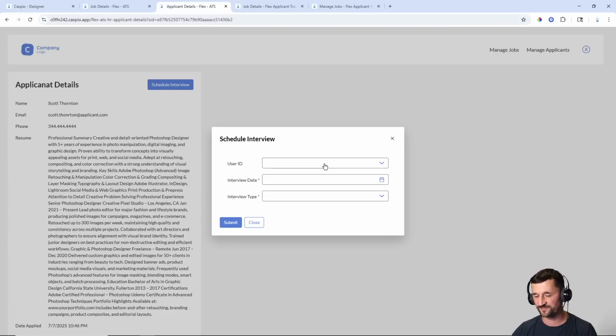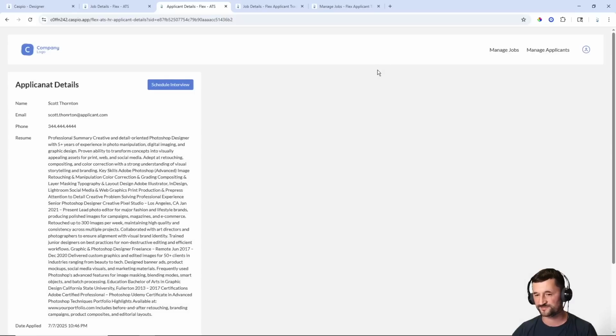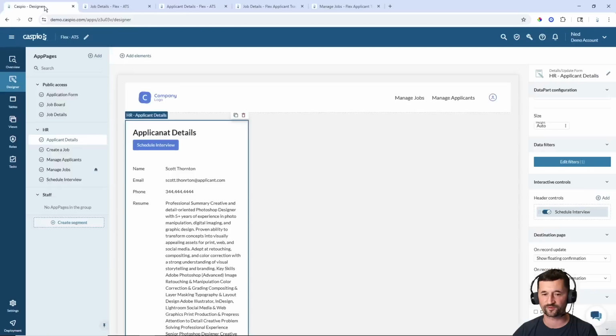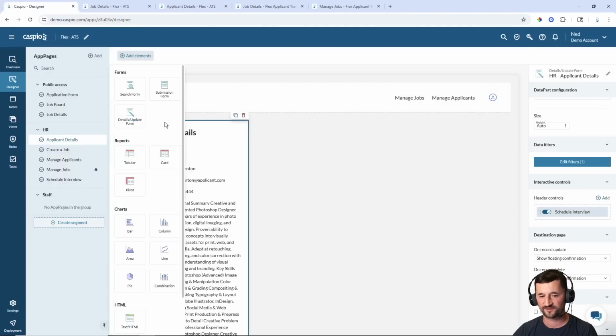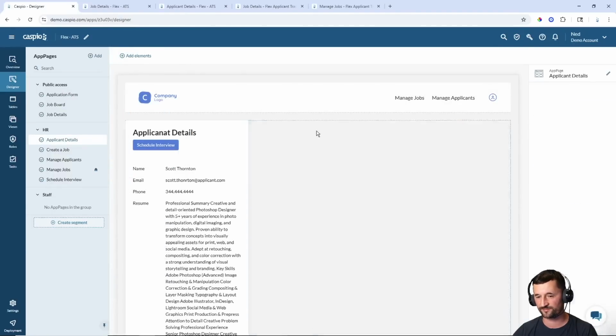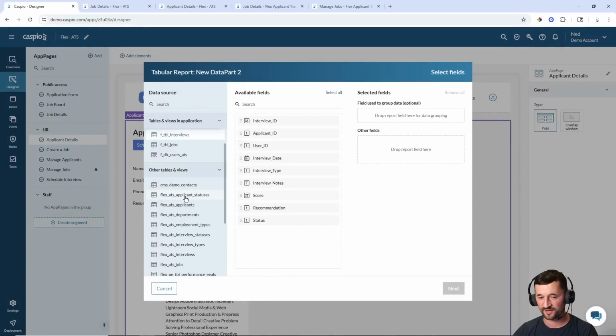Now, before I hit submit, I do want to display the interviews for this specific applicant, right? So let's set up that tabular report here as well. So we're going to add a new element. Let's go into tabular report. We're going to place that on the side on the interviews table, and the information that we want to display,